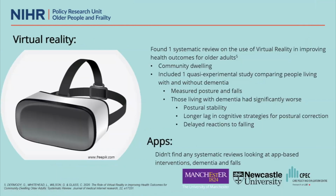So if we move on to virtual reality, we found one systematic review on the use of virtual reality, looking at health outcomes for older adults. And this was using immersive virtual reality. So like this headset that you have that displays an image in front of you. The study